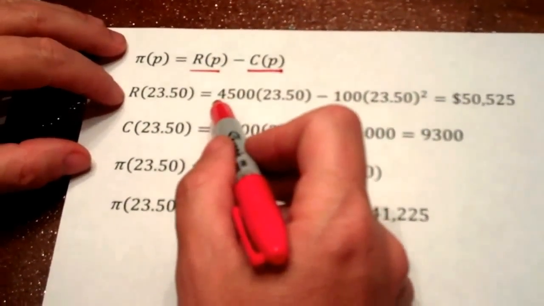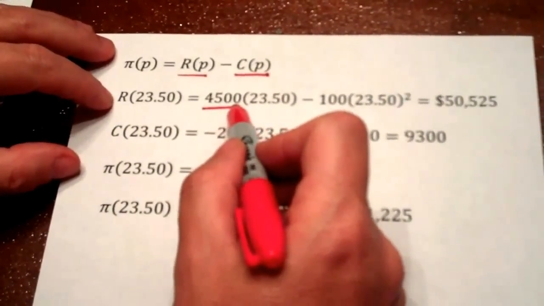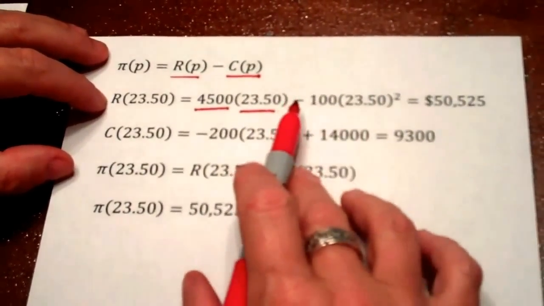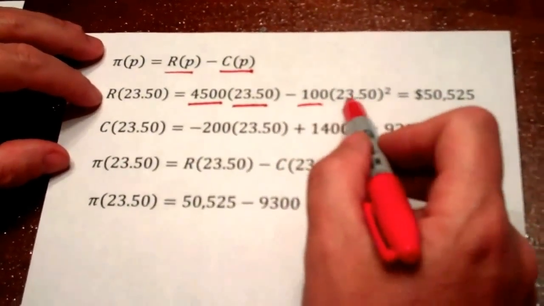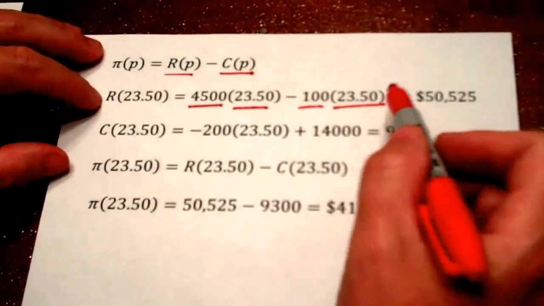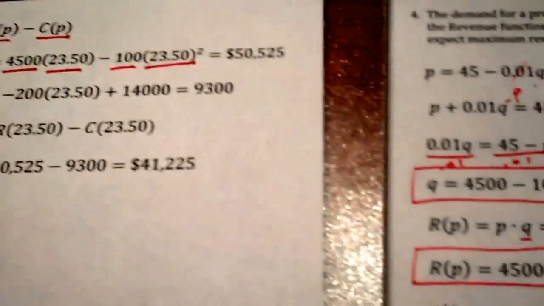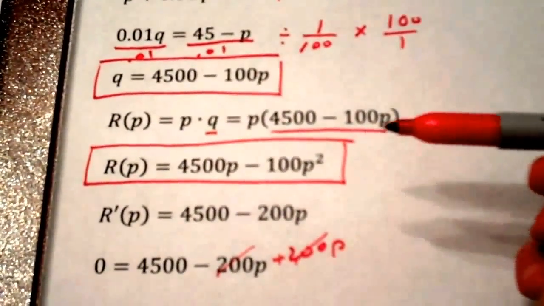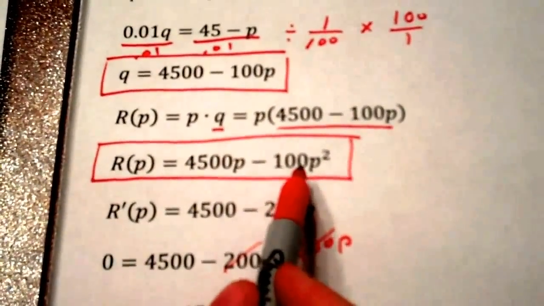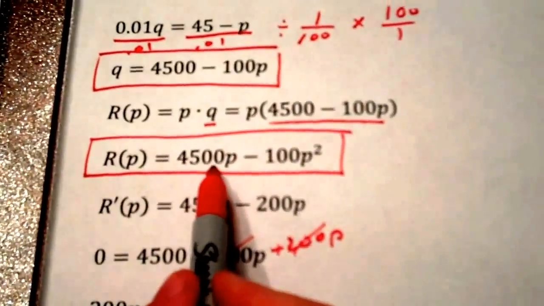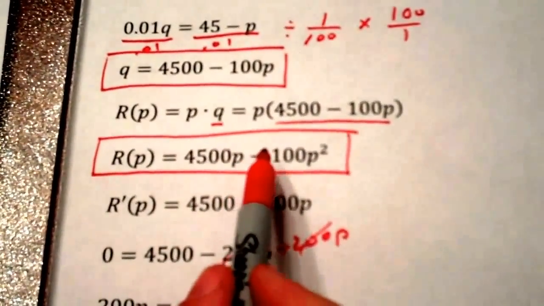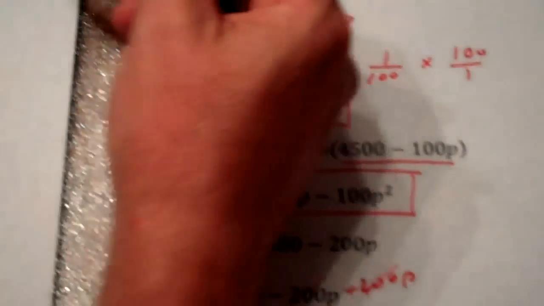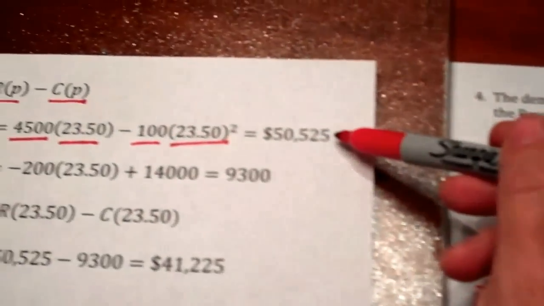Since I knew my revenue was 4,500 times my price minus 100 times the price squared, I just plugged $23.50 into this original equation I found on problem 4. I took my 4,500 times that $23.50 price minus 100 times that $23.50 squared, and that results in a revenue of